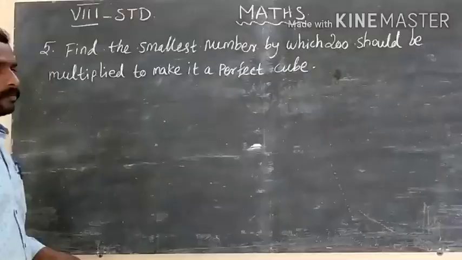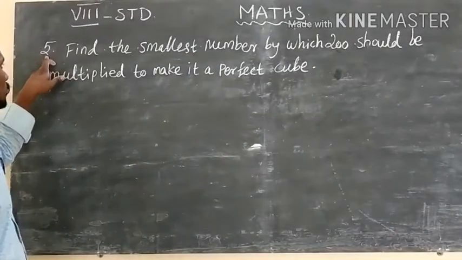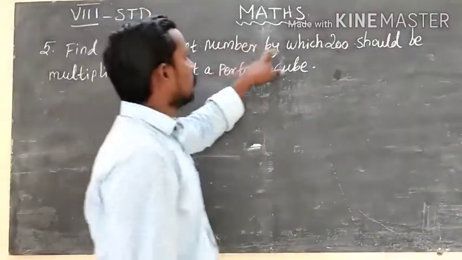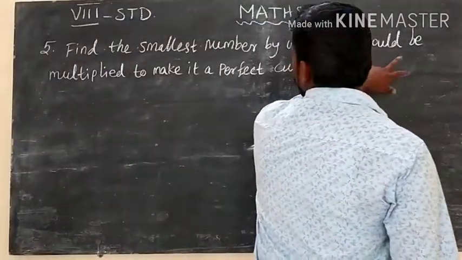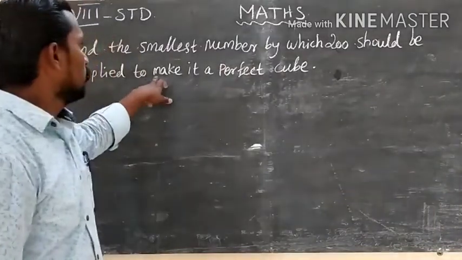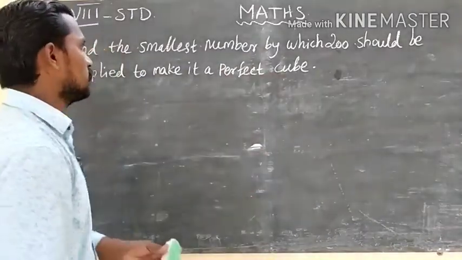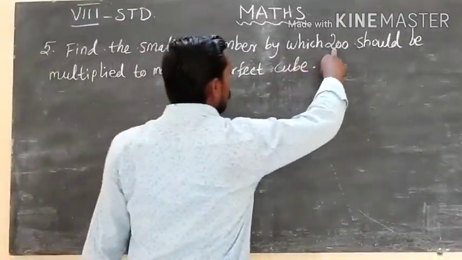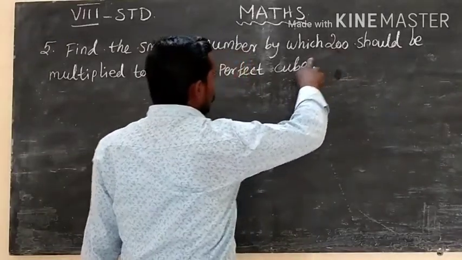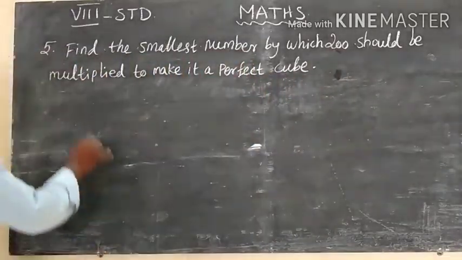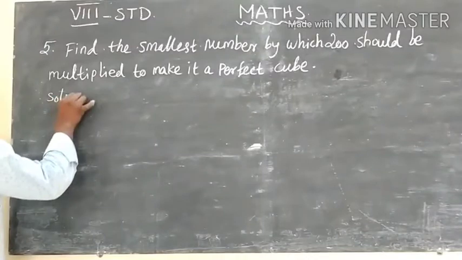Fourth question done. Okay, next question, the fifth one. Find the smallest number by which 200 should be multiplied to make it a perfect cube. So which number do we multiply with 200 to get a perfect cube? This is our question. The solution,